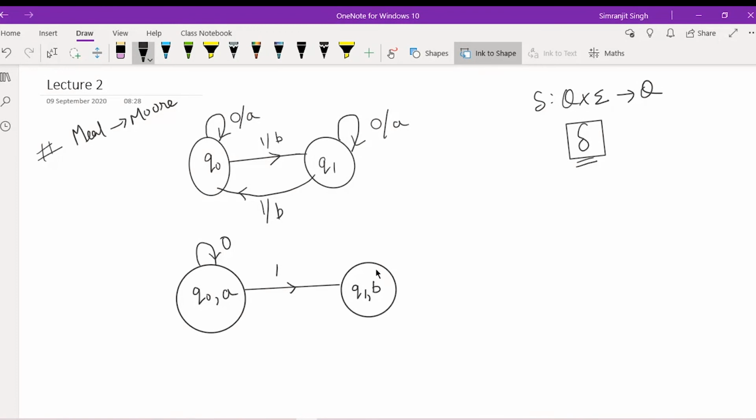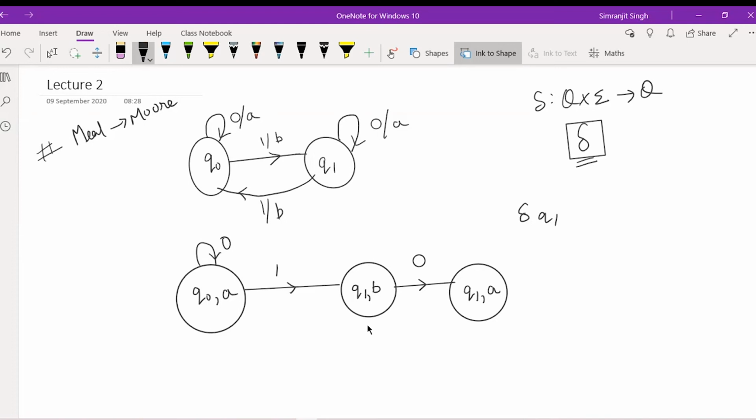Now I have to define the transition on Q1. Now see what I can do. If I see here, it is saying that Q1 on 0 is going towards Q1 with the output of A. Just do that. Q1 on 0 is going towards Q1 and output of A. So on Q1, I just make a transition that Q1 on 0 is going towards Q1 again with the output of A here. Okay, so just do that.